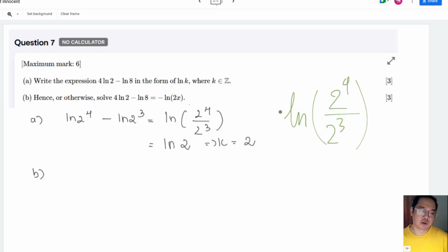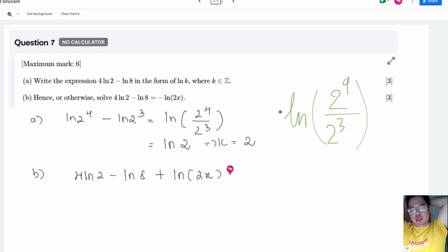Question B, so the equation. Yeah, you need to move the term on the right to the left and combine those terms in form of one single ln, equal to 0. Well, actually, you still can leave the term on the right just there and try combining the two terms. Combine the two terms on the left and let them equal the term behind the ln. Let them equal to each other. Similarly,